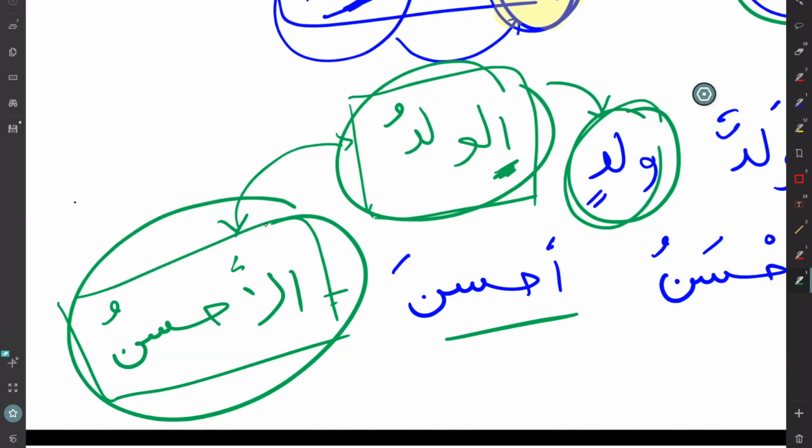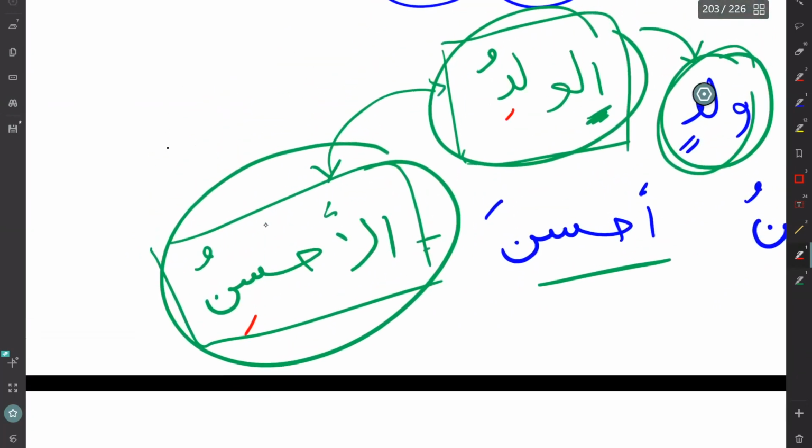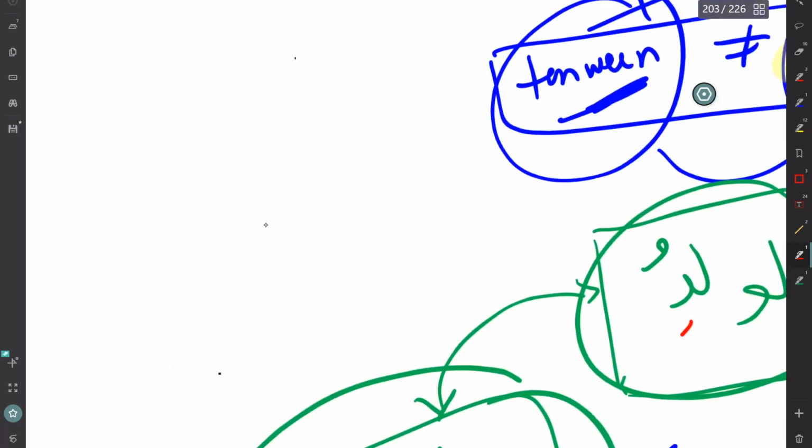And that is why in this situation, when you have alif lam, they all become the same, meaning they can also accept a kasra. We cannot penalize mamnu min as-sarf in this situation, and just like a normal standard noun, you can accept kasra. And we know that there are only two situations when we have to lose our tanween. Alif lam is one of them. And the second one is what? I'm pretty sure you guys know, you have studied this before, which is mudaf. Mudaf can never take tanween.